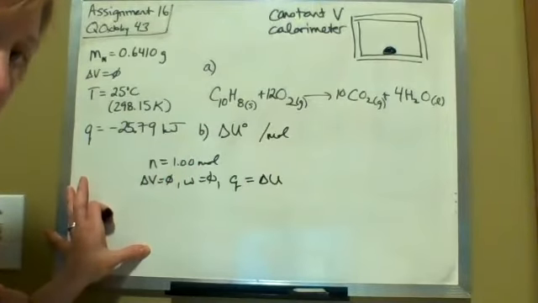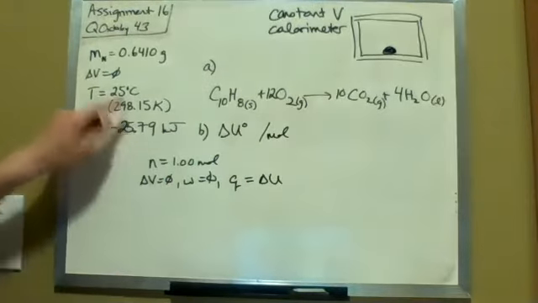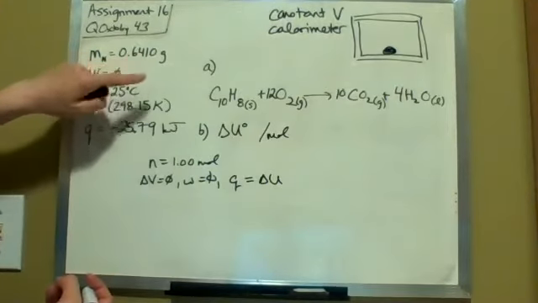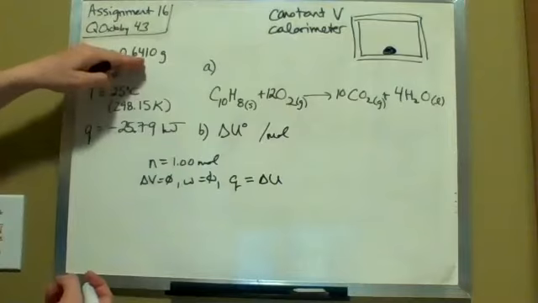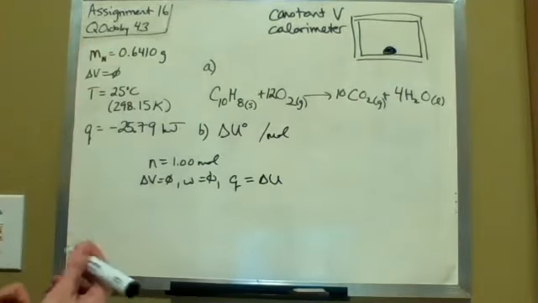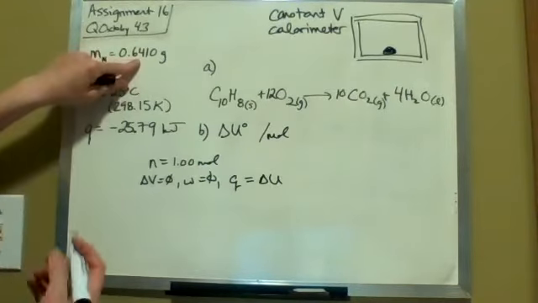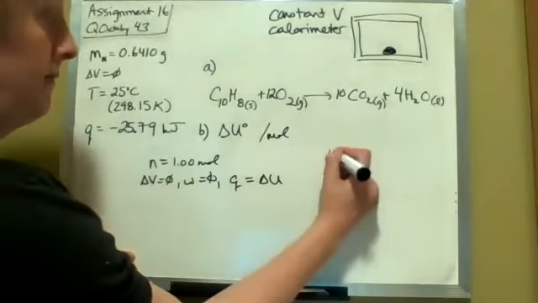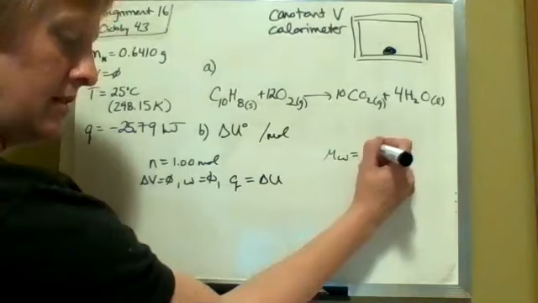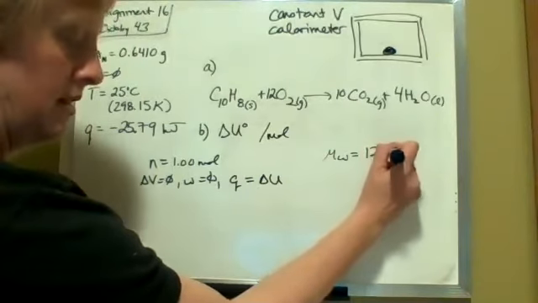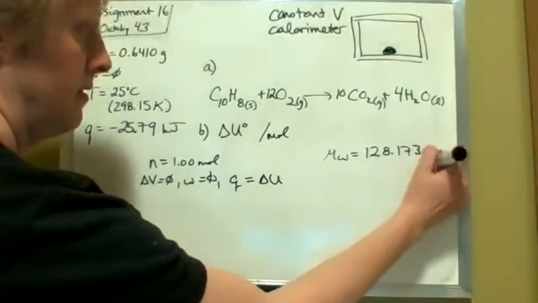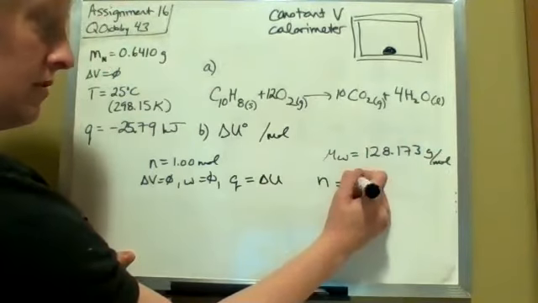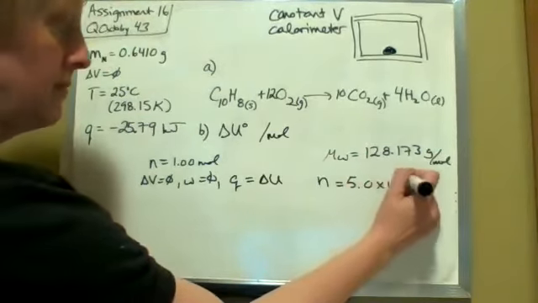So I have a value for delta U, but this is the amount of heat that is evolved for that many grams. We want to know per mole. Okay, so this is a kilojoule per 0.641 grams. We want to find per mole, which means you need to switch this into moles and divide that through. So your molecular weight for naphthalene is 128.173 grams per mole. So you end up with a value for moles of 5 times 10 to the minus